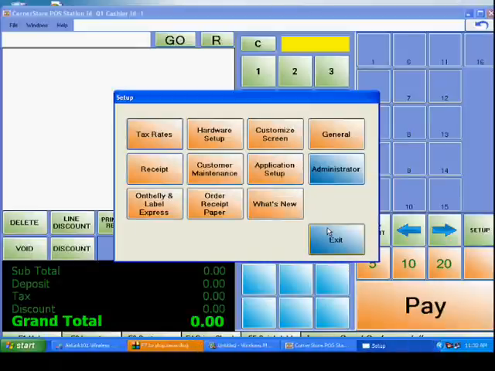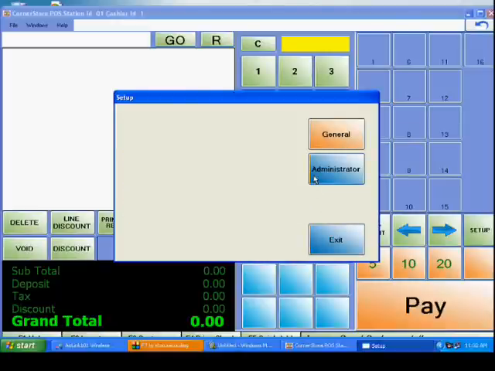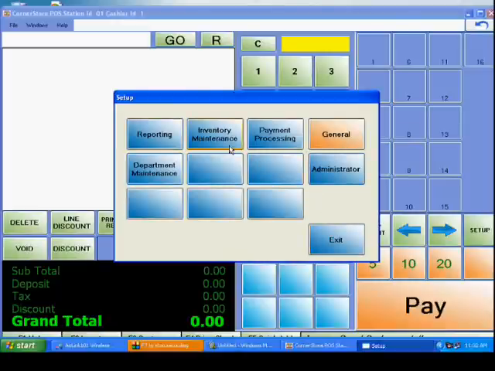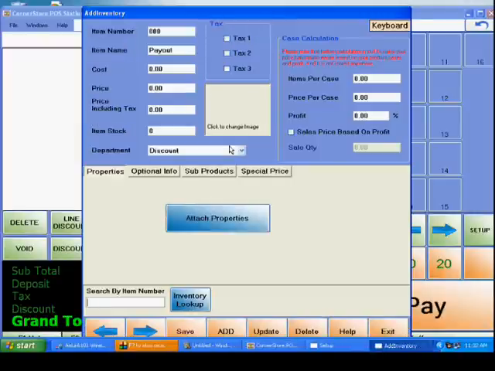The next thing to do is to add an item into CornerStore. In order to do this, from the Setup menu, go to Administrator, then Inventory Maintenance. To add a new item into CornerStore, you must click Add. Then in the item number field, you can either enter in a number manually or scan the item if you have a scanner. Enter an appropriate name in the item name field,